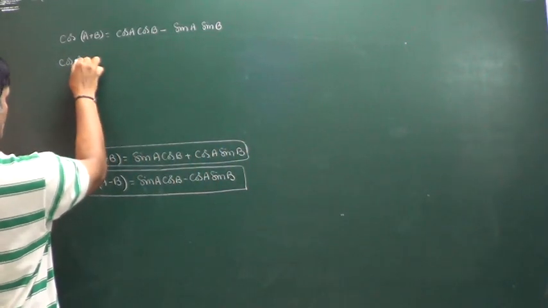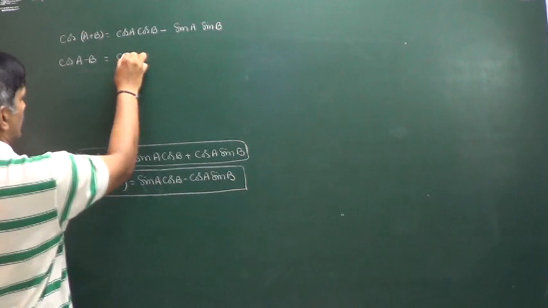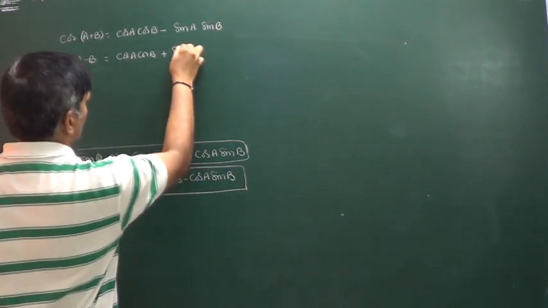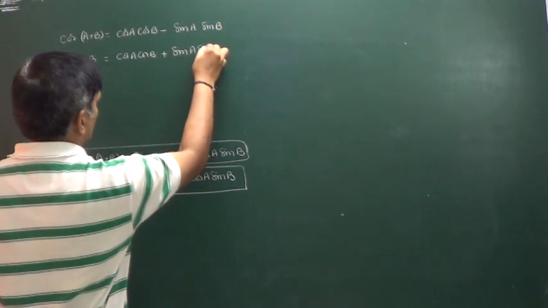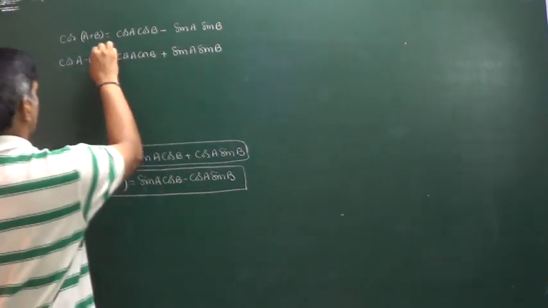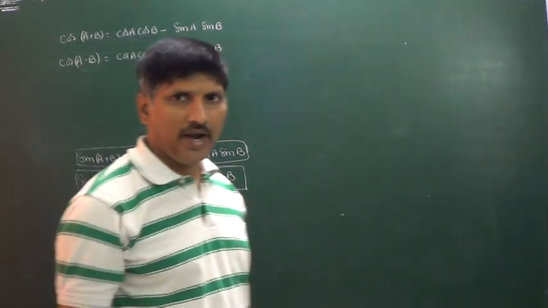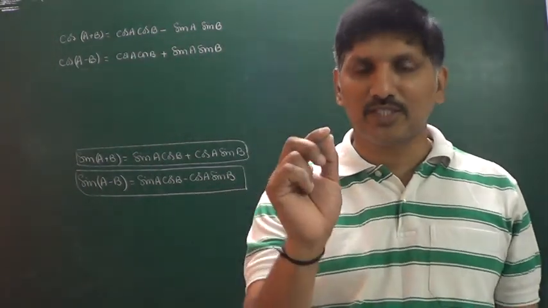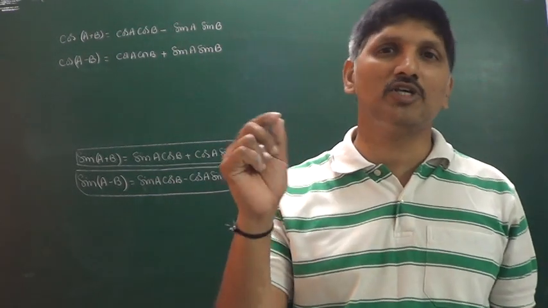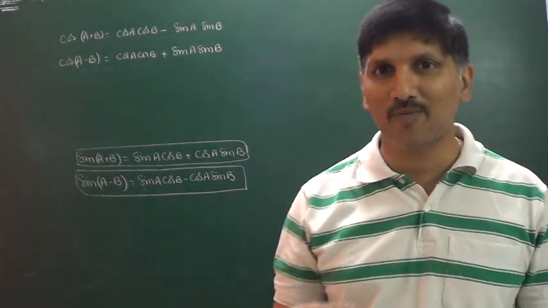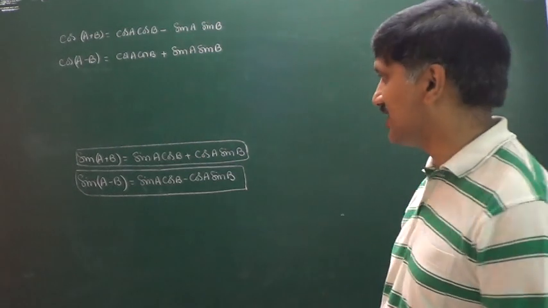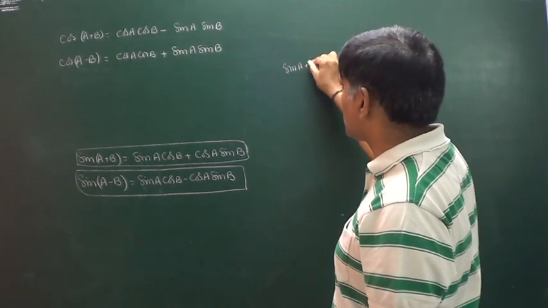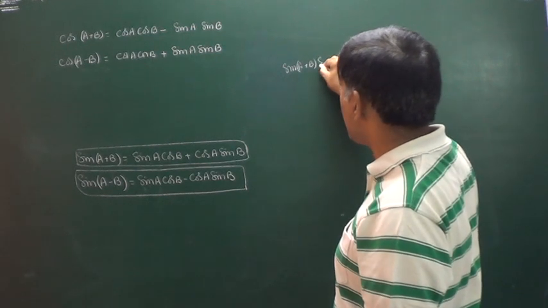So observe here, cos(A+B) is cos A cos B minus sin A sin B, and plus sin A sin B, this is the formula for cos(A-B). Addition we got one formula, subtraction we got the formulas. A+B is equal to C, A-B is equal to D, another formulas. Now what I am doing is multiply. Yes, come on. What is sin(A+B) into sin(A-B) multiplication?